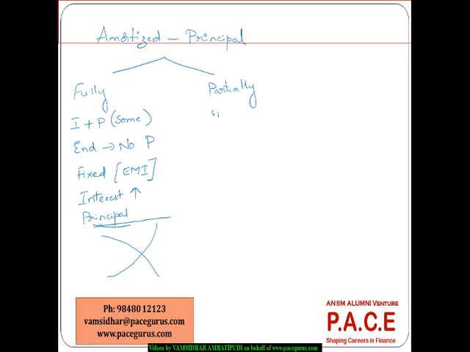On the other side, I could very well have a partially amortizing loan. Again, here also there is an interest payment and a part principal payment, but at the end of the period, there is some principal amount that is outstanding and a lump sum needs to be paid. And anytime I am paying a lump sum payment, we call it a balloon payment. So in a partially amortizing loan, at the end of the period, there is a lump sum amount that I still require to pay.